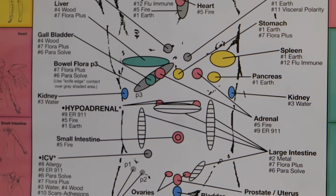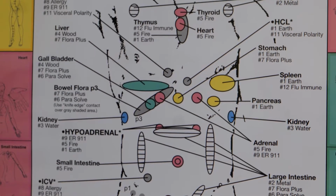So when you first look at muscle response testing, it's so wild looking. I've been doing this now for 31 years at the time of this filming, and to this day, it's still amazing that this works. But it just goes to show how smart the body is and how we were designed to be able to communicate with each other and get biofeedback real time as to what's working, what's not, what's happening, what's not. So there's so many different ways that muscles can be tested and so many different muscles, but